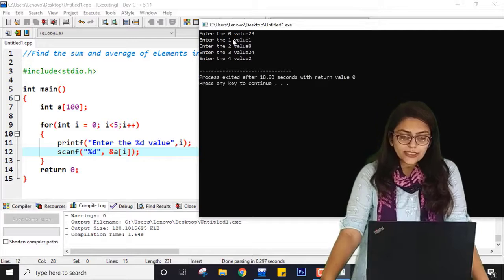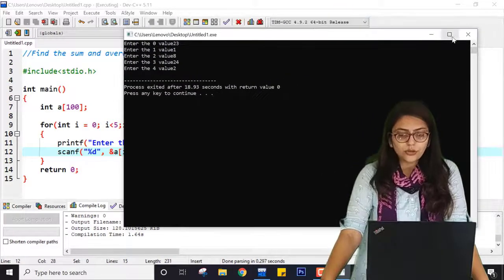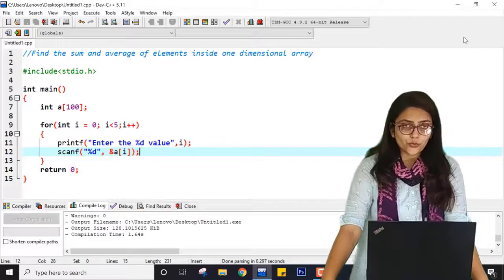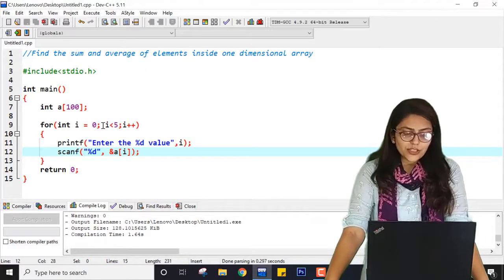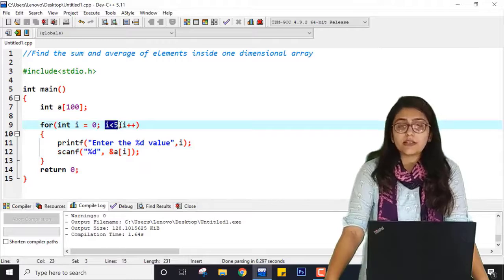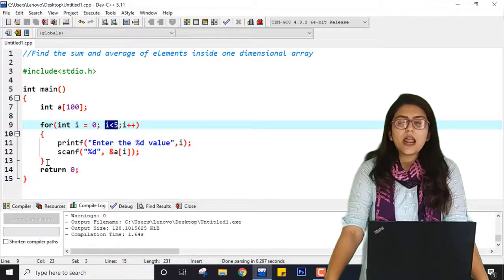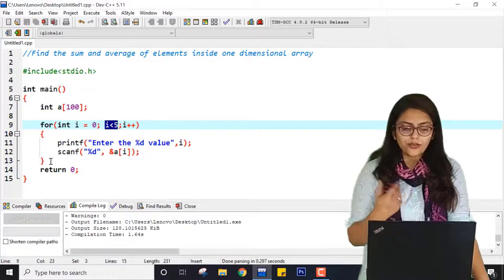You can see 1, 2, 3, 4, 5, I am able to enter only 5 numbers. Even though the array size is 100, I can enter only 5 numbers because of this condition. After this condition, the loop will be terminated and return 0 will be returned.